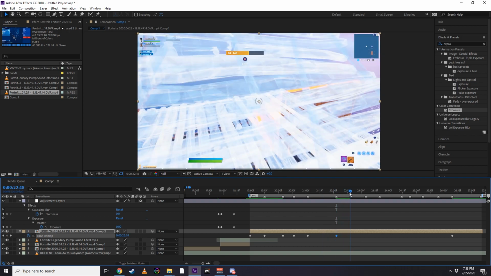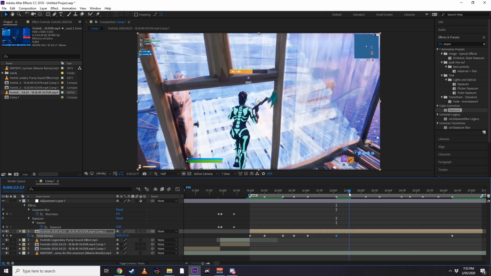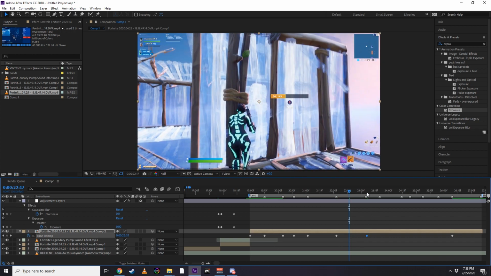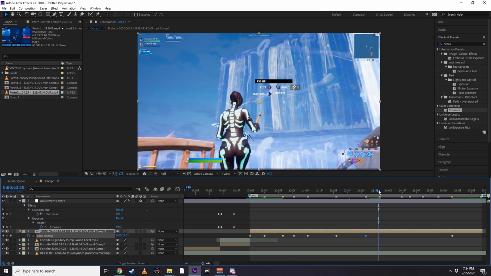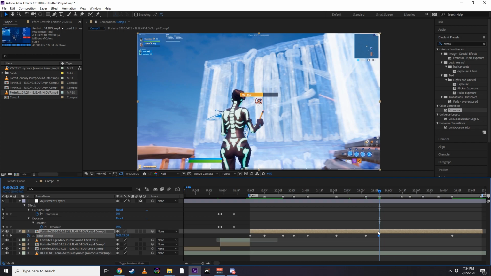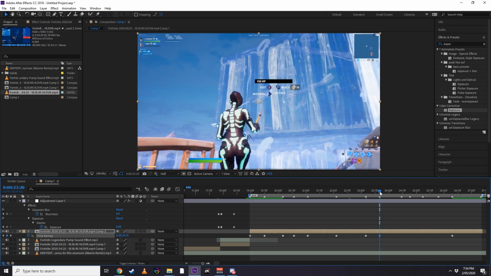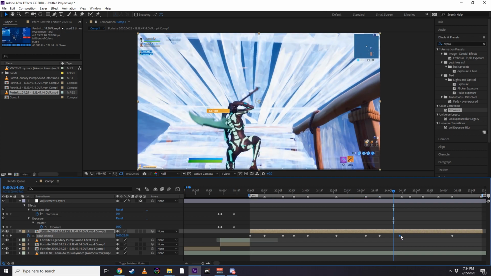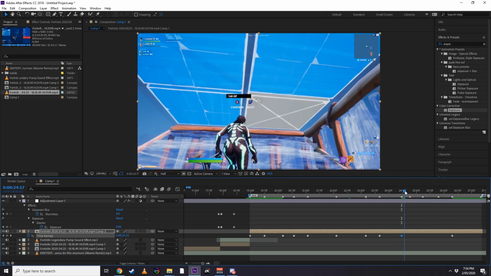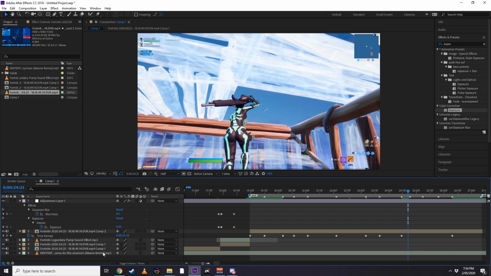Now I might go through to the part where she's just walking through the door, set a keyframe, drag that to there. So I'm just looking for things that I can play with, you know, just parts that I can play with speed. So now I just want to set a keyframe for when she looks at that corner, and I want to place that in line with this, and then I'm just going to carry on down to about here, set another keyframe for when she's about to edit,